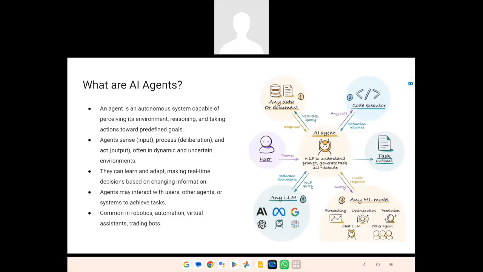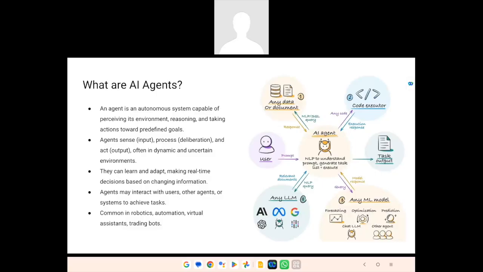Just to put it in very simple words, an agent is nothing but you have an LLM as a core and you dedicate your agent to do some task with the LLM as a core. Okay, so let's get into the understanding from the flowchart that I put here. So you have an AI agent.